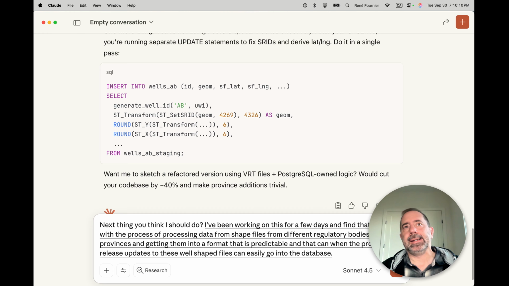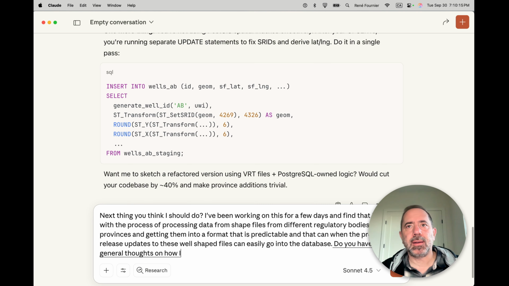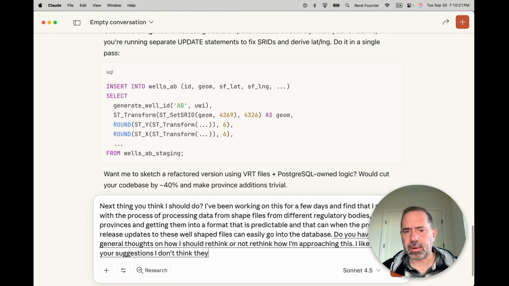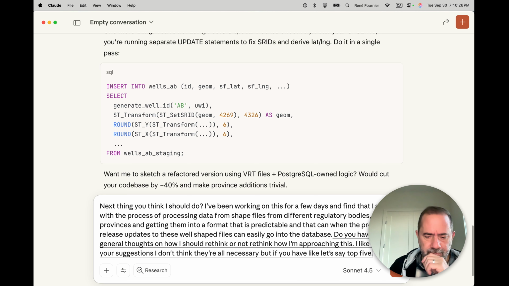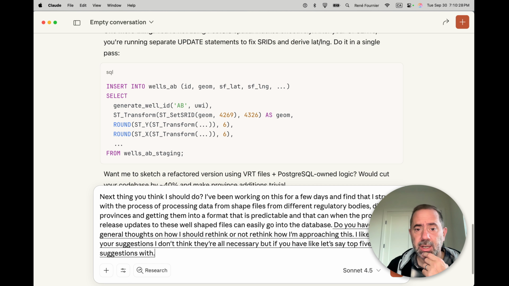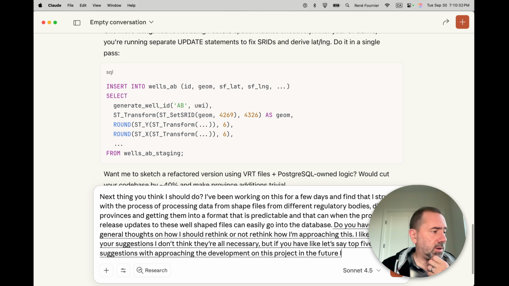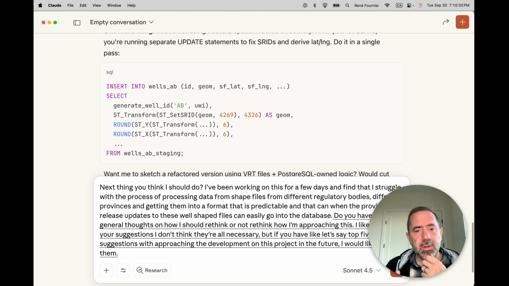Do you have any general thoughts on how I should rethink or not rethink how I'm approaching this? I like some of your suggestions. I don't think they're all necessary. But if you have, let's say, top 5 suggestions with approaching the development on this project in the future, I would like to hear them. Please keep your suggestions brief, simple, and friendly, not rude.